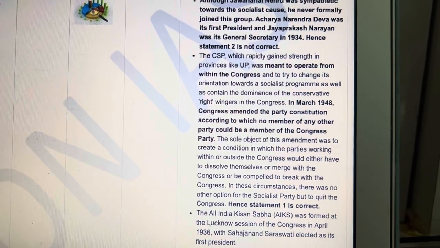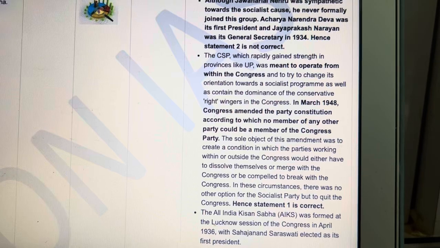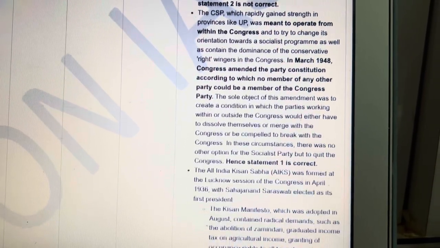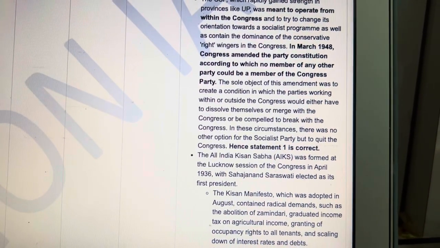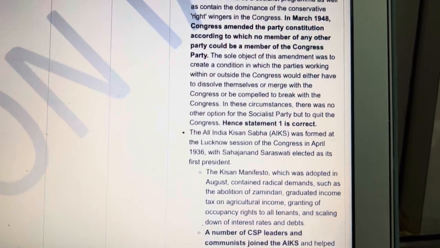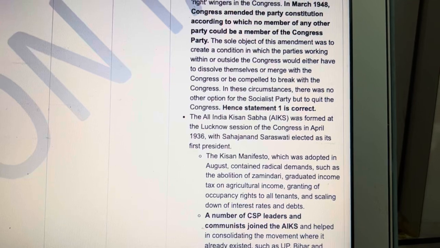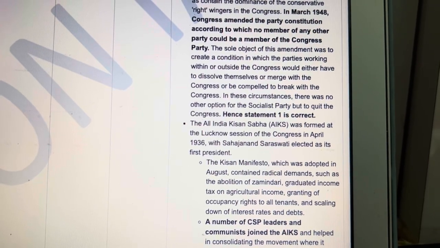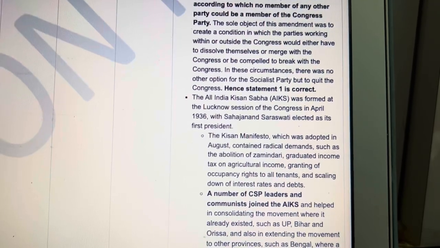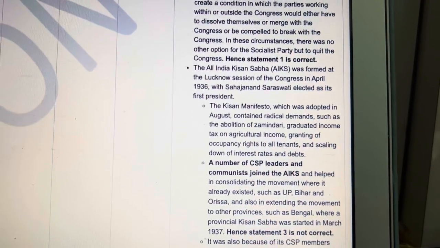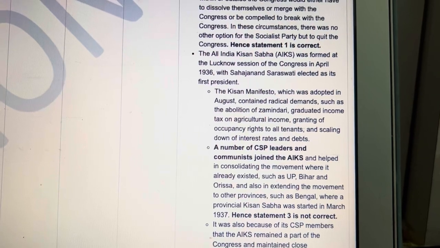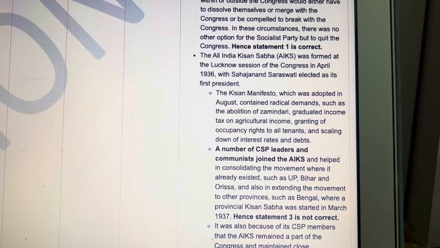The sole object of this amendment was to create a condition in which the parties working within or outside the Congress would either have to dissolve themselves or merge with the Congress or be compelled to break with the Congress. In these circumstances, there was no other option for the Socialist Party but to quit the Congress, and statement 1 is correct. The All India Kisan Sabha, AIKS, was formed at the Lucknow session of the Congress in April 1936